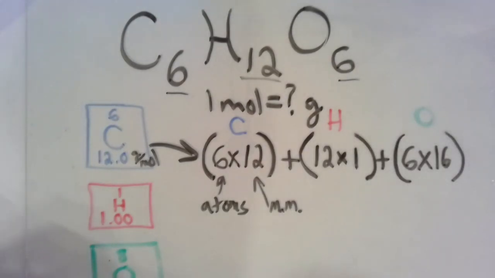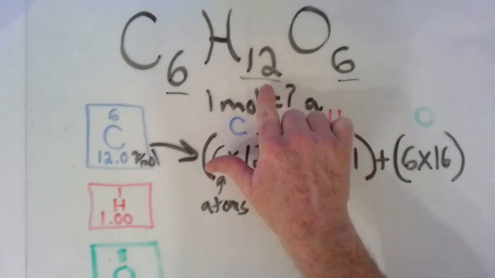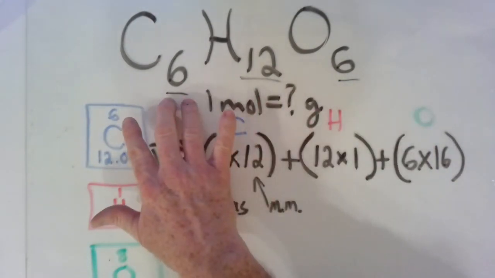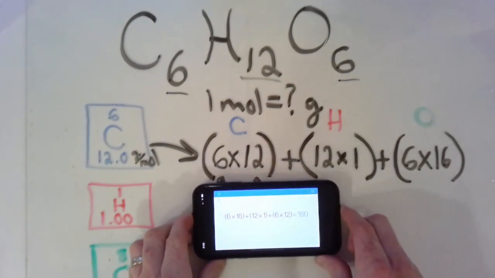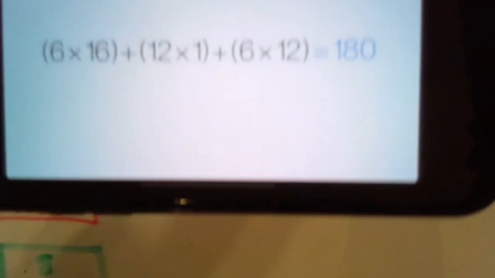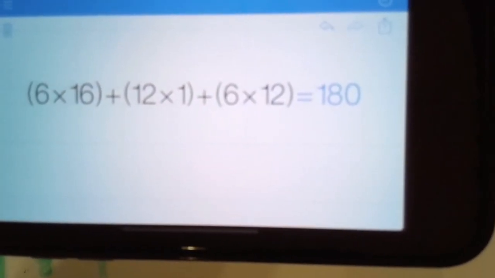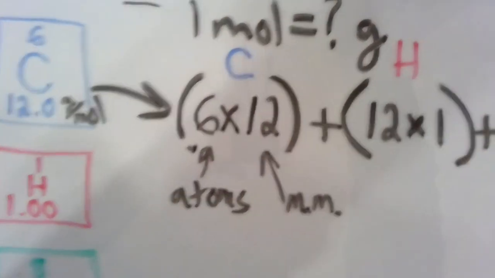Adding all of these up, remember, this is nothing more than just addition. We're only multiplying because of the proportions of 6 to 12 to 6 here. And when we do all of that, we get a nice, even number of 180 grams per mole. So what that tells us